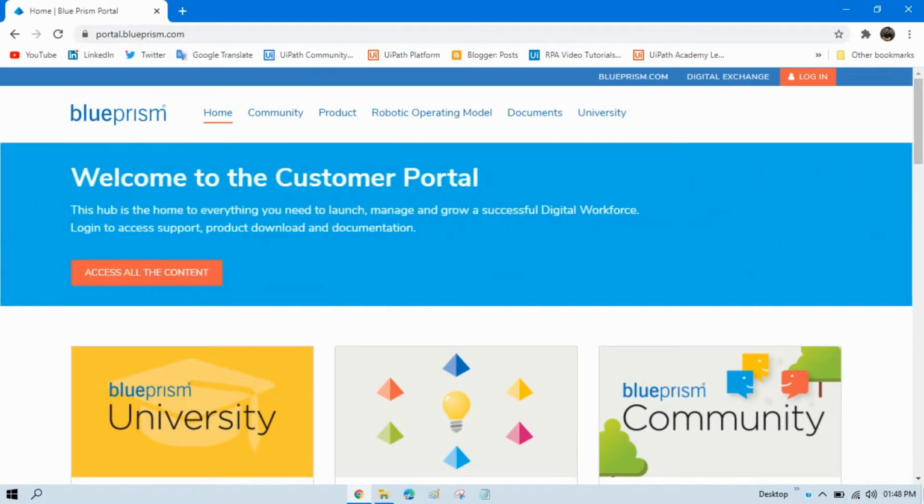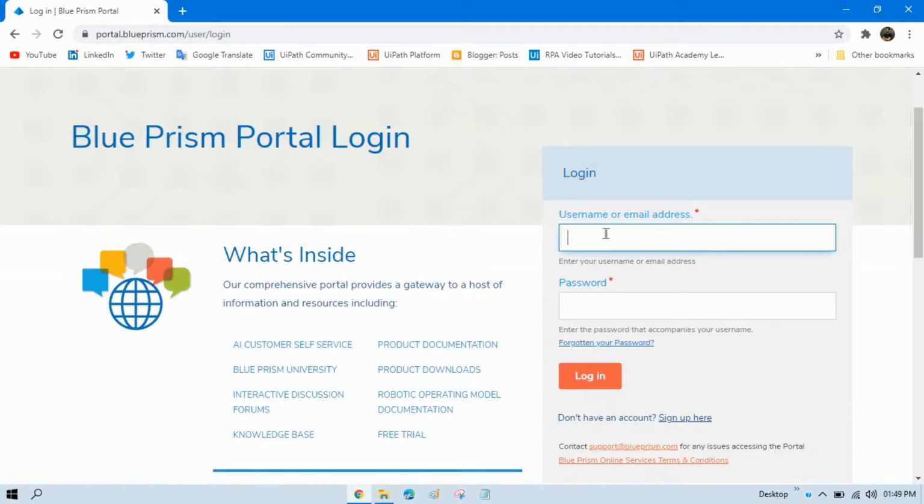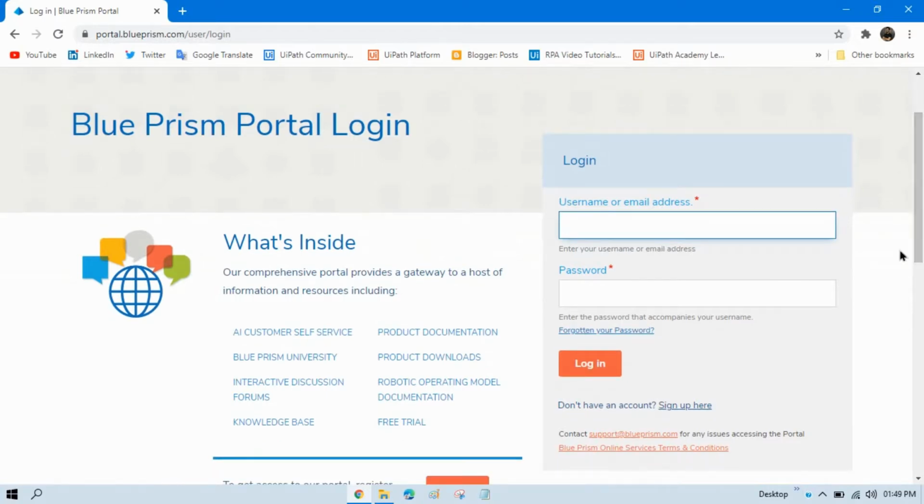So to download that, you have to first visit portal.blueprism.com, and then click on login. If you have login credentials for the Blue Prism portal, then you can enter details and log in. If you are new to this, then you have to click on sign up here, and here you have to